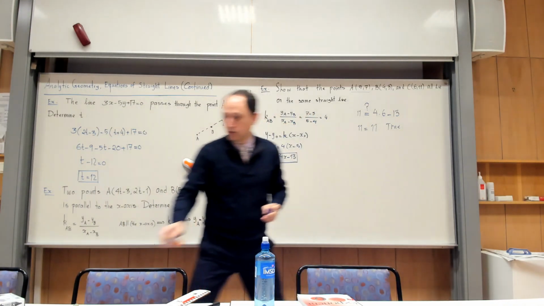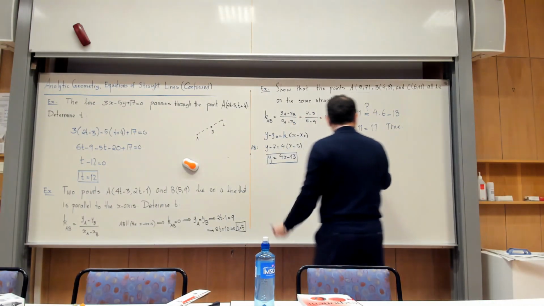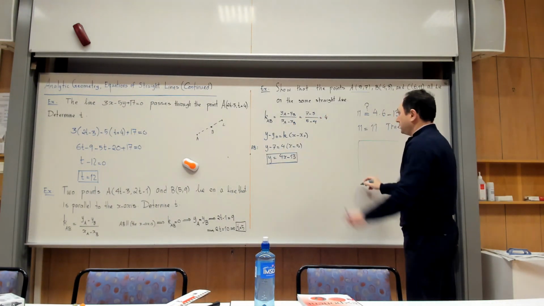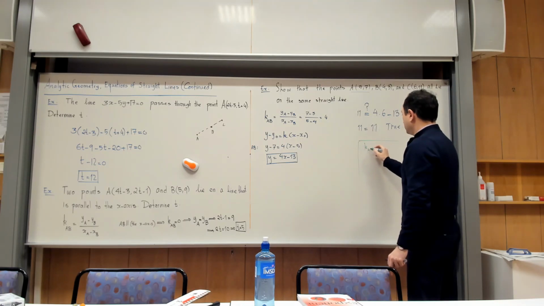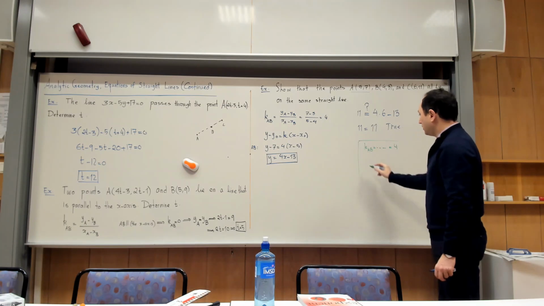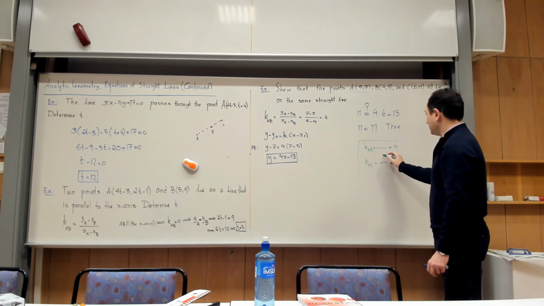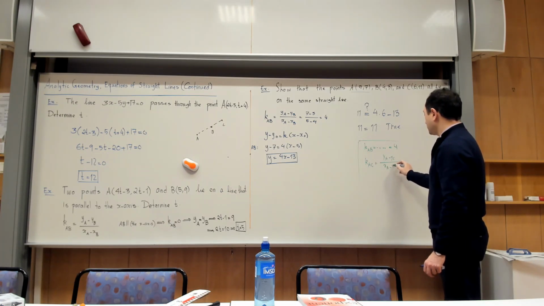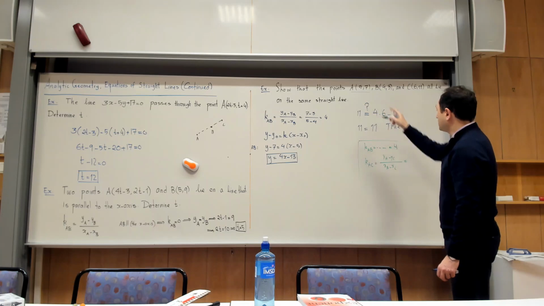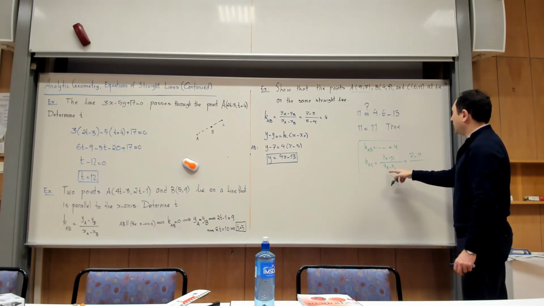So let me change my color so you can just consider it as another problem. So I calculate k of AB, which I have already done. So this is the second method. So you get 4. But I also calculate k of AC. So what is k of AC? y of A minus y of C, over x of A minus x of C. So y of A is 7, y of C is 11, and then x of A is 5,